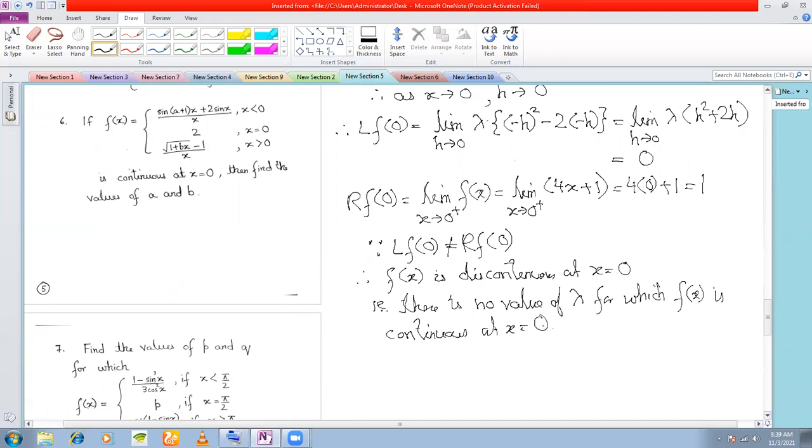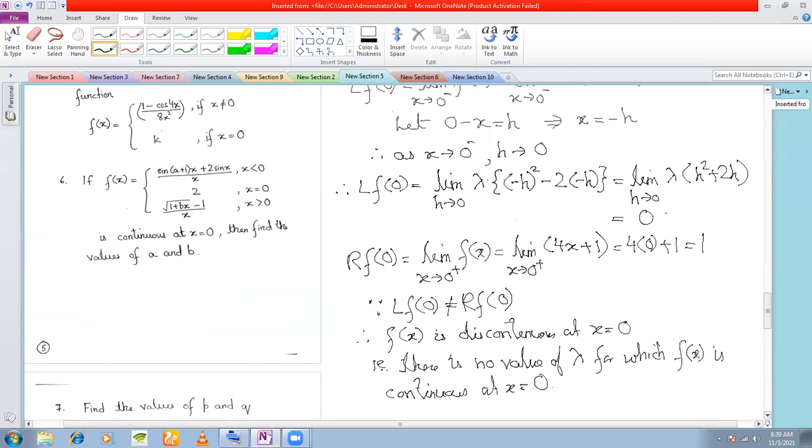Okay, such questions can also be given as multiple choice questions. A question will be given and then options will be given, and one of the options will be that there is no value of lambda for which fx is continuous. So most of the time you will think that it will be continuous for some value, or maybe while evaluating limits you will think that I might have evaluated the limit wrong because the right hand limit is not coming equal to the left hand limit. So how can I find out the value of lambda? Okay, so such confusing questions can also be given as multiple choice questions. Okay, so for the time being I stop here.